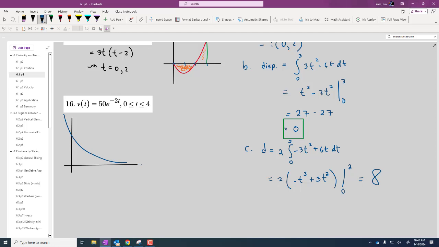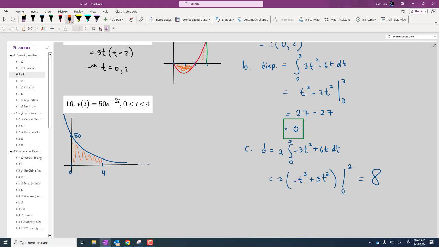And this is going to be an asymptote. So just a general sketch. And this intercept right here we said is at 50. So there is our general shape. This tells us that the velocity, and we don't even care about to the left of 0. We're only going 0 to 4. So when we look at this interval 0 to 4, we're only looking in here, and the velocity is always,